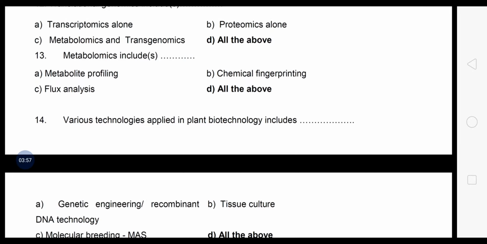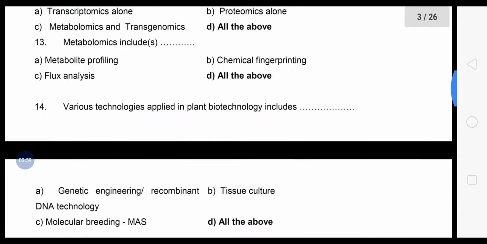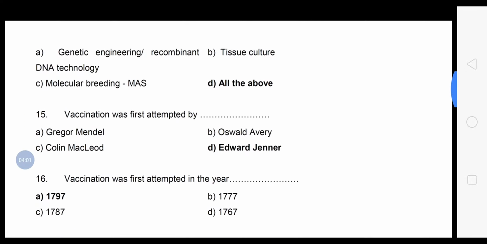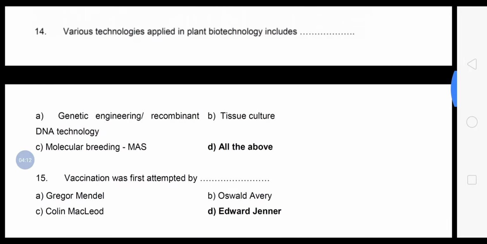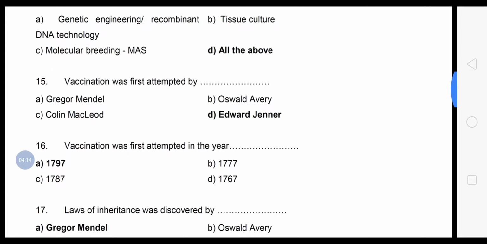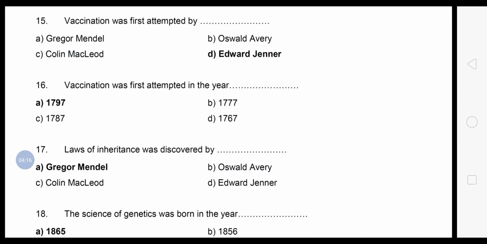Next is various technologies applied in plant biotechnology include genetic engineering, recombinant DNA technology, that is nothing but genetic engineering, then tissue culture and molecular breeding, that is marker assisted selection. All these technologies are included in biotechnology. Vaccination was first attempted by Gregor Mendel, Oswald Avery, MacLeod or Edward Jenner. Vaccination was first attempted by Edward Jenner and that was in the year